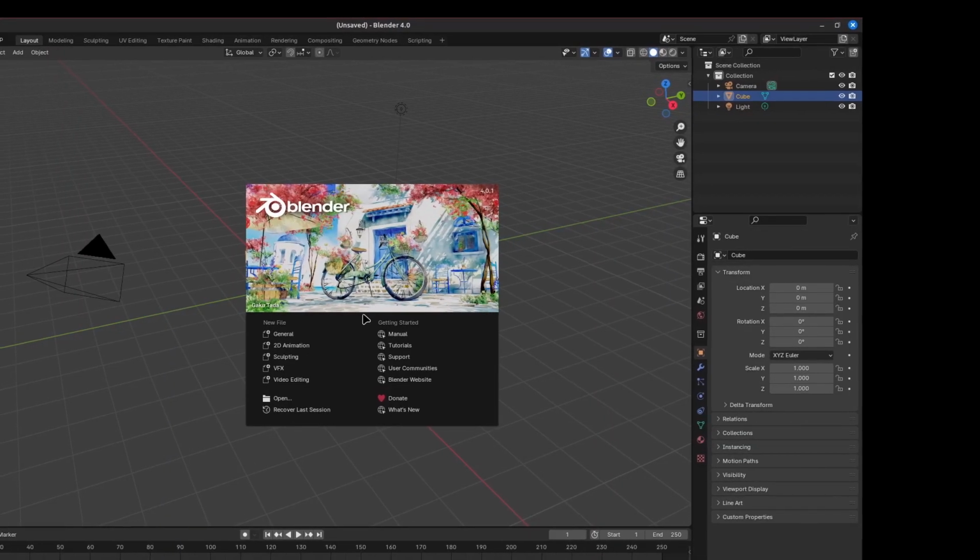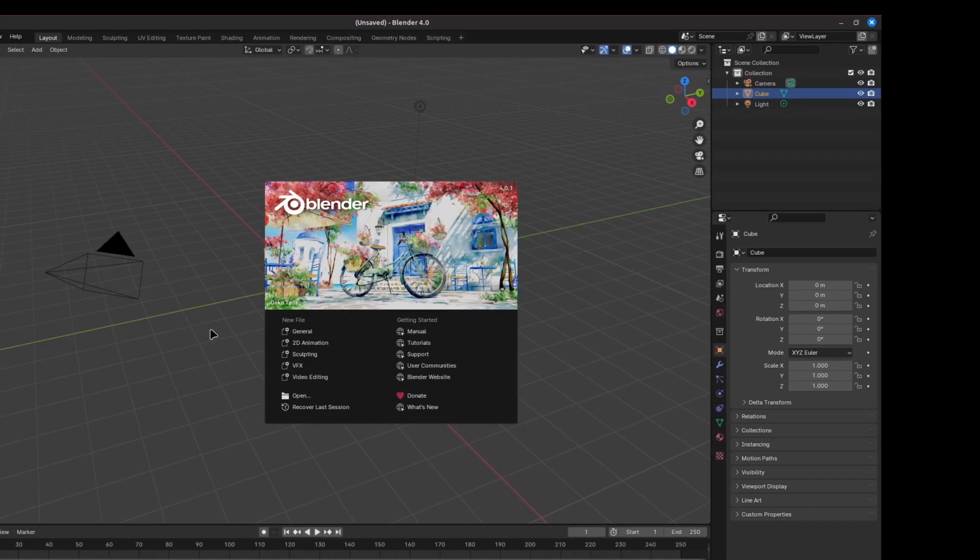In this video, as we take apart the documentation for Blender 4.0, we are going to be looking at the